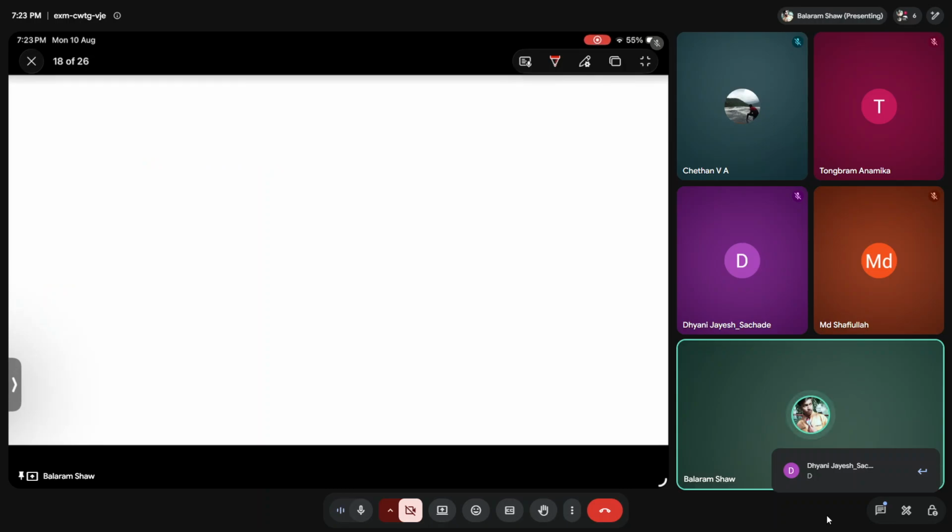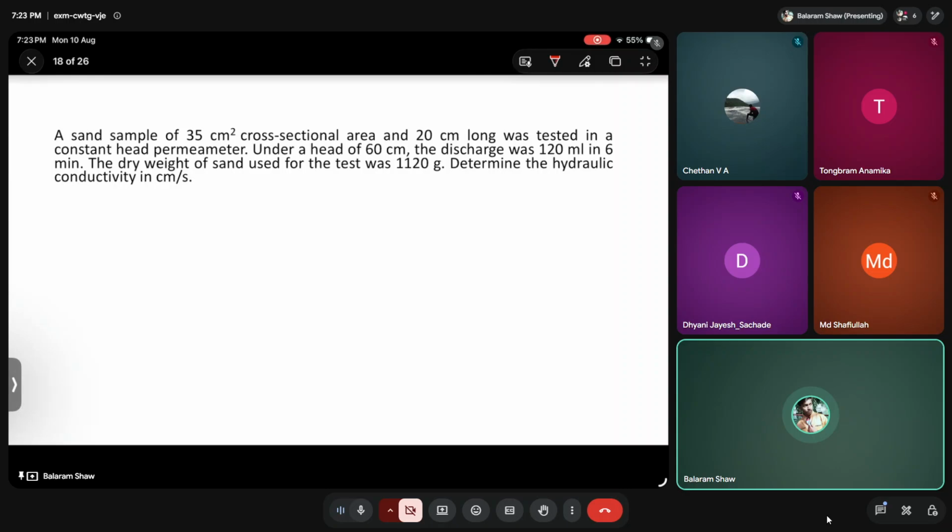The next question is a small number crunch, a small problem. Maybe you guys can do it with me. First you guys do, then we'll discuss. The question is, a sand sample of 35 centimeter square cross-sectional area, so area A equals 35 centimeter square, 20 centimeter long, we'll write L as 20 centimeter, was tested in a constant head permeameter. Now under a head of 60 centimeter, H equals 60 centimeter,